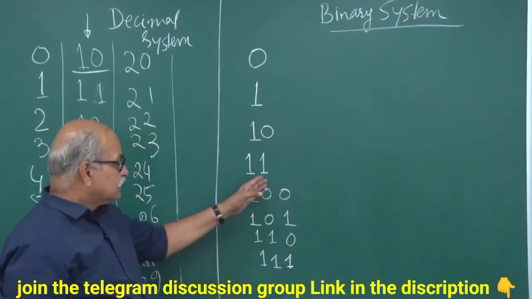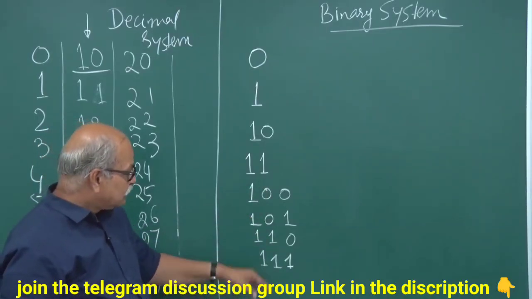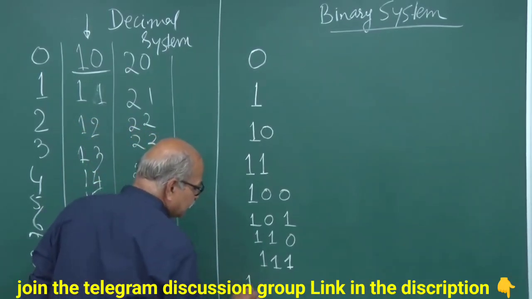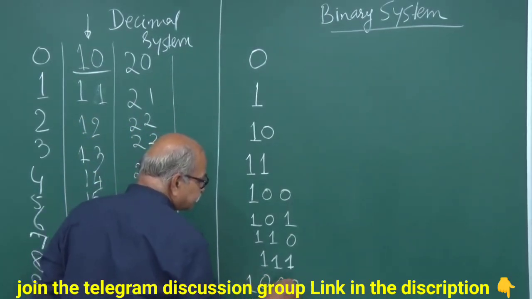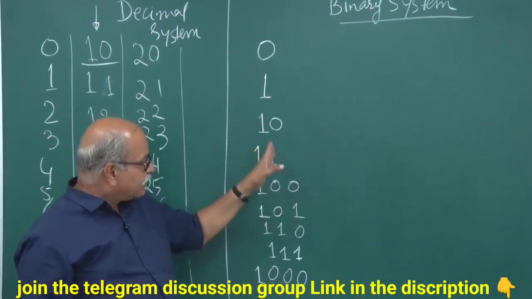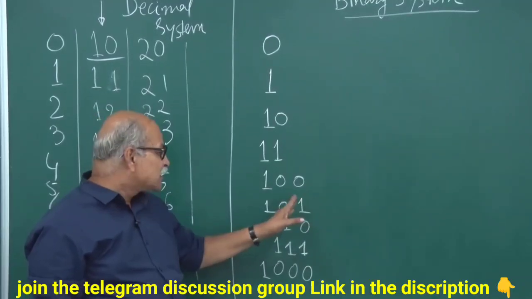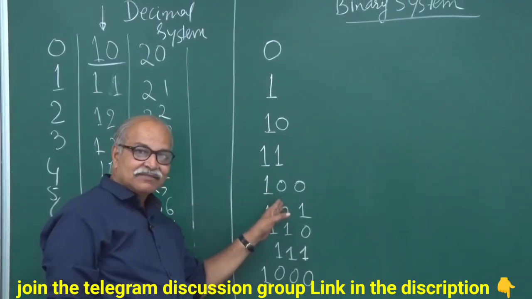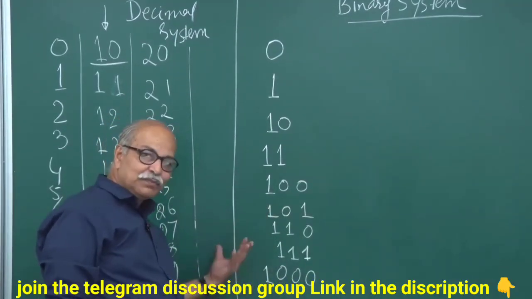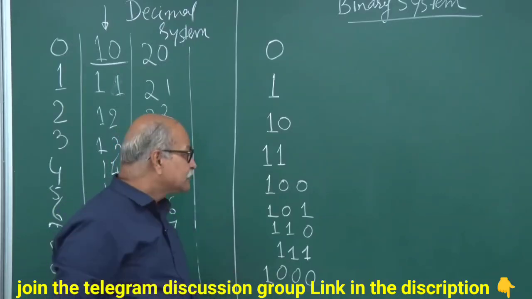I have reached the maximum 3 digits number that I can. Next number you add one more, and it has to be a 4 digit number, and that 4 digit number will be 1 0 0 0, like that. So the place value system is still there. You have that unit place and not tens place, this will be 2's place, and then this will be 2 squares place, and this will be 2 cube place, and so on. So you can have that conversion, that numbers.